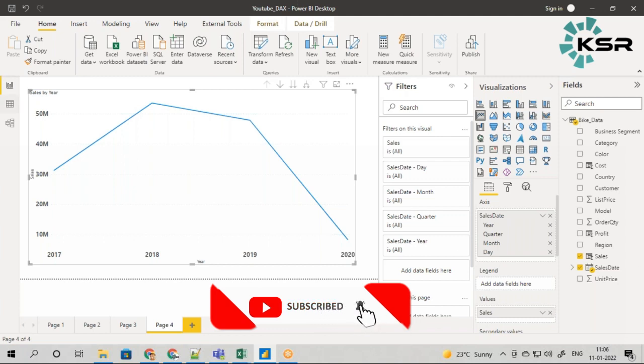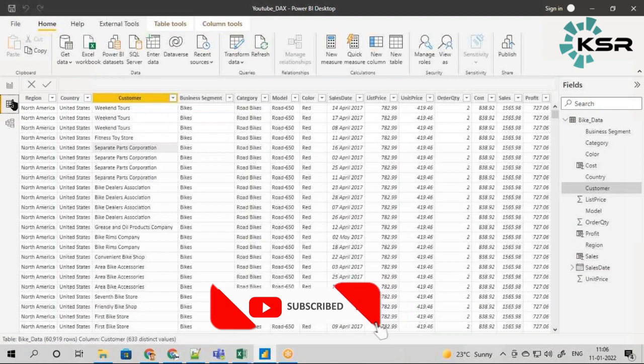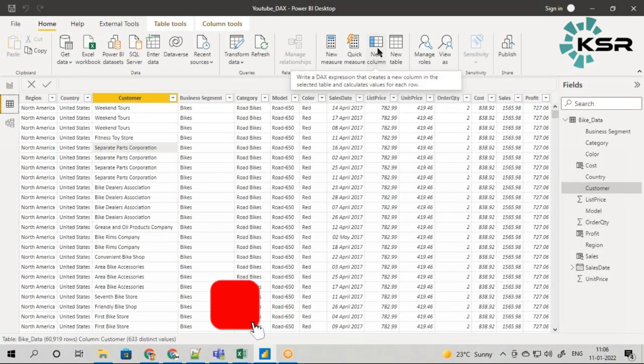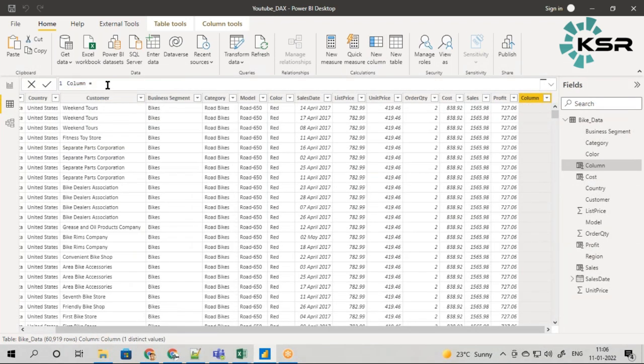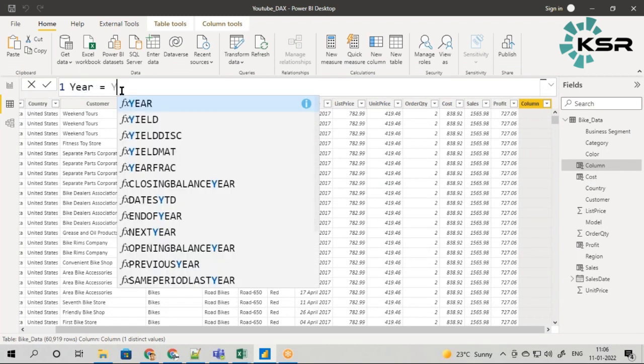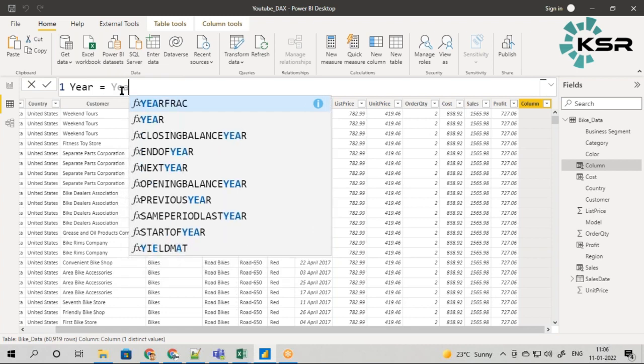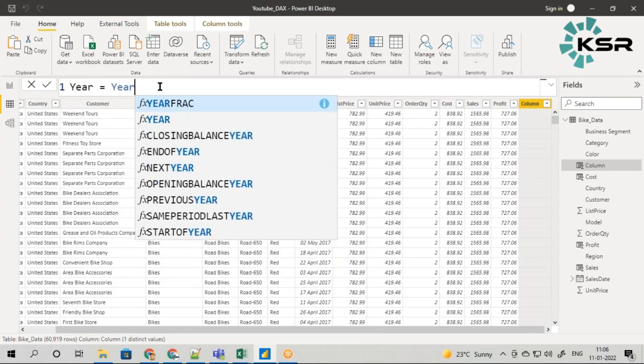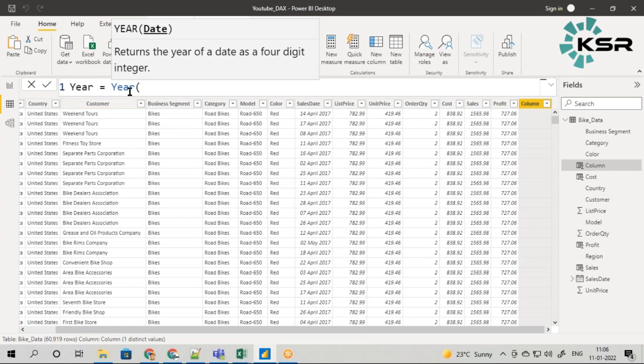We'll go to the data and start adding new columns. The first column I will add is year, and I will write a YEAR function. This is the syntax, and for the year function you need to send a date.